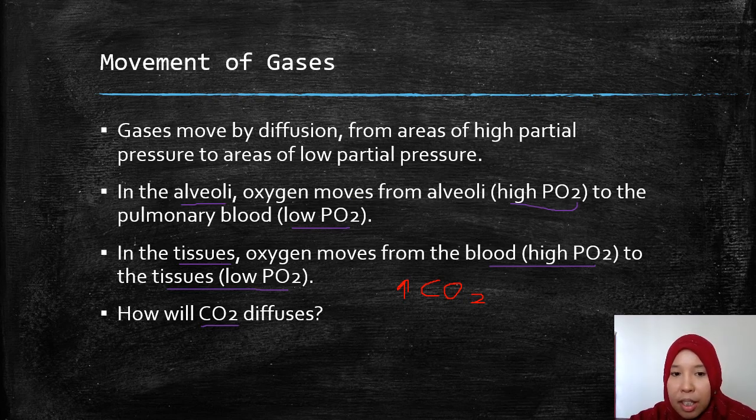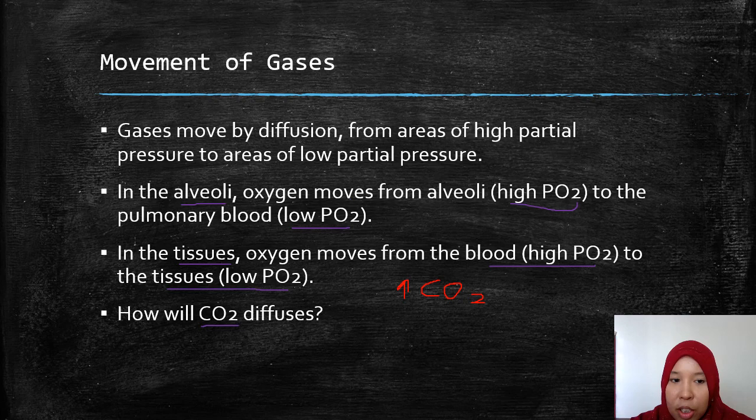And the blood in the tissue has low carbon dioxide because it's clean blood. It's coming from the heart and from the lung, and the lung has cleared the carbon dioxide away, and so the carbon dioxide is less in the blood but very, very high in the tissue, and therefore the movement of carbon dioxide is from the tissue to the blood,